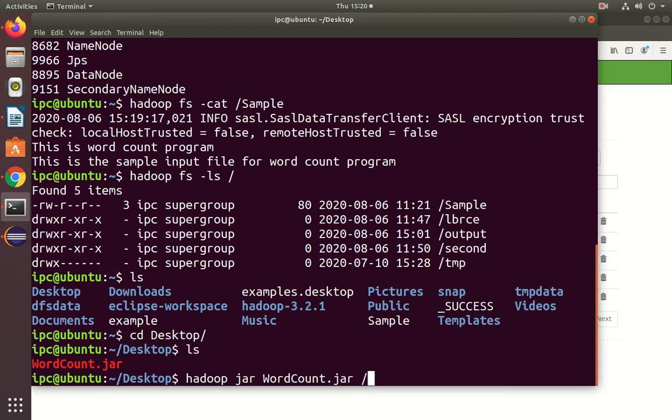The text exists in the sample file. This is the input, and the output we also get as a file. The output will be stored in a directory. That directory name is mapreduce, and then press enter.